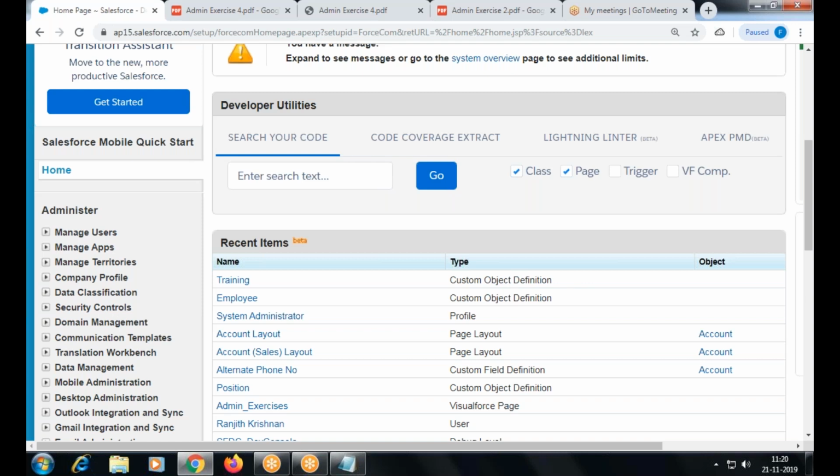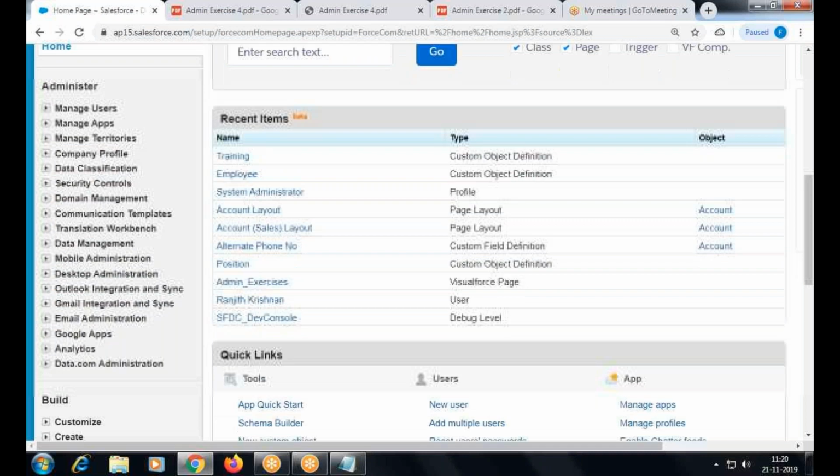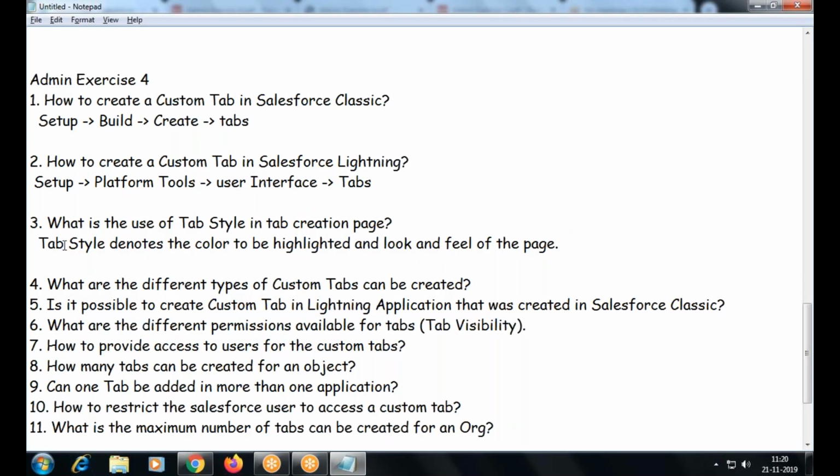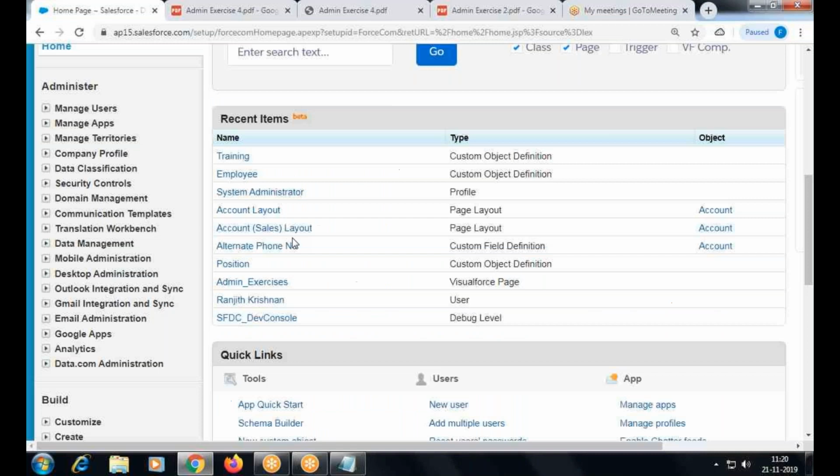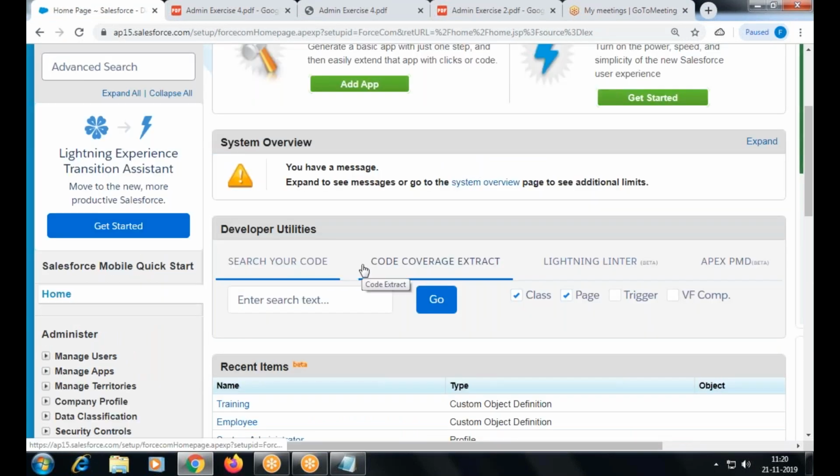Okay. At this stage, you don't try to find the difference between the Lightning and Classic. I'm just giving a brief idea that only the navigation is different. So to give that idea, I'm just comparing both the interfaces. But you don't try to find the exact difference between this option, that option. Then you lose your track. So don't try to analyze, because I'm trying to give the color, right? Then you don't analyze what is the color there, what is the color here. So that is not the objective.